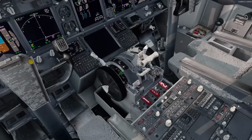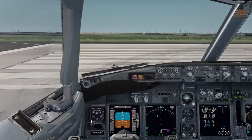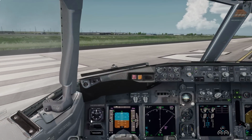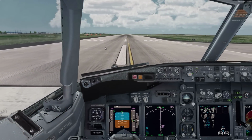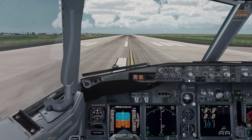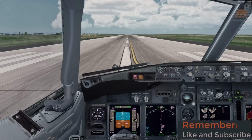Gonna get the TCAS set to TA/RA as well, and start the timer. There we go. Set 50% on the N1. Make sure everything's stabilised and looking awesome. Gonna hit that TOGA click spot. TOGA looking for 96.4% on the N1,